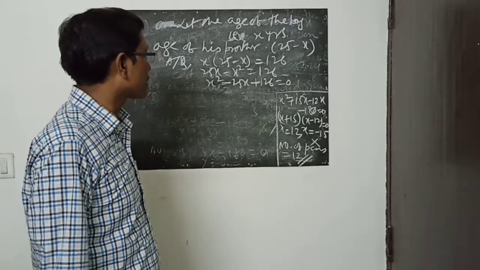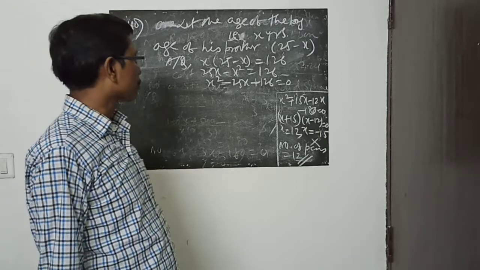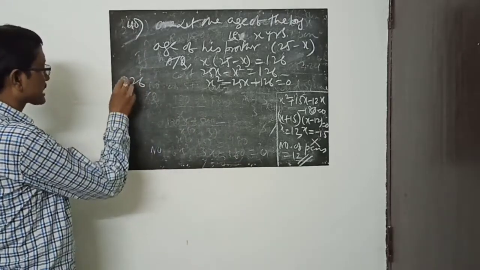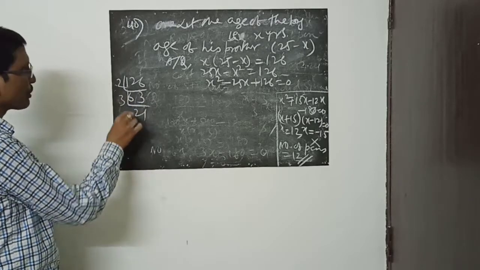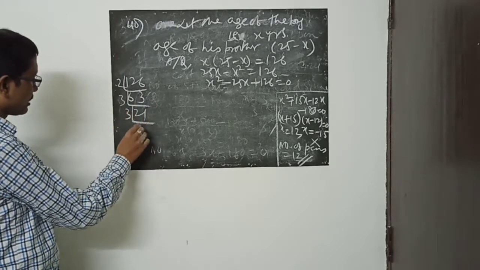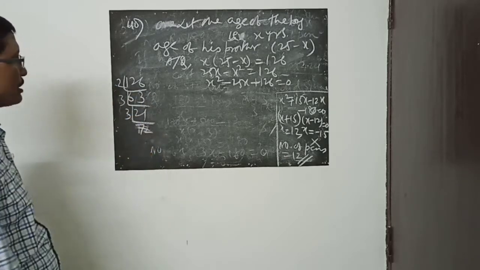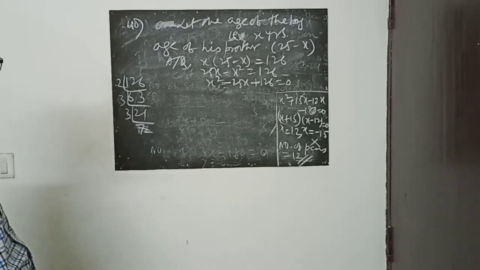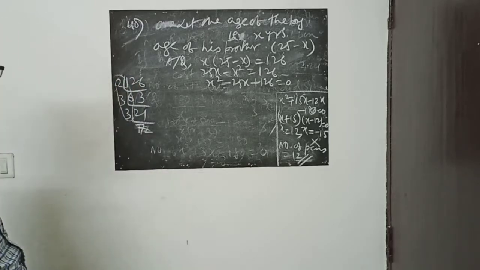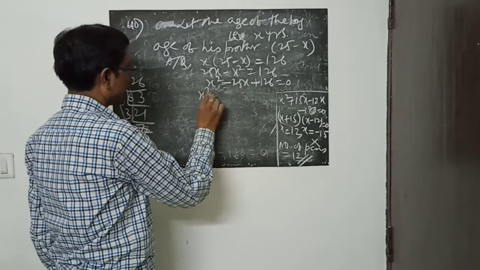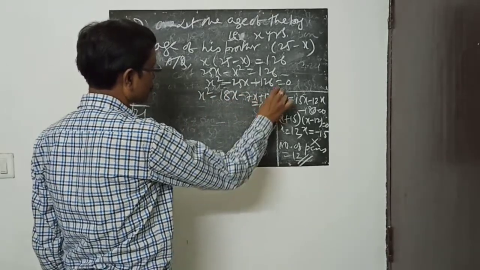126, divide by 2, then 63. Again, if you do by 3, see, 126 product, divide by 2 then 63. If you do by 3, 21, it is not working. Again by 3, sorry, 3 7s are 21, 3 3s are 9 and 14, that is also not working. You have to get them by adding these two. See, this becomes 3 3s are 9, so 18 and 7. It is coming x square minus 18x minus 7x plus 126 equal to 0.